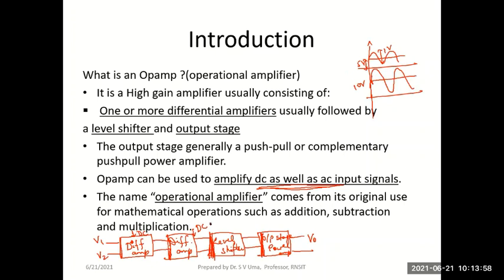Say you're supplying a DC voltage level of 12 volts, you can get a maximum output level of only 12 volts and not more than that. Even at the highest, it will usually be less than 12 volts, around 10 to 11.7, 11.8 max if I'm going to supply 12 volts DC. So please remember, you can get a maximum output voltage of almost the value equal to that of the DC supply voltage